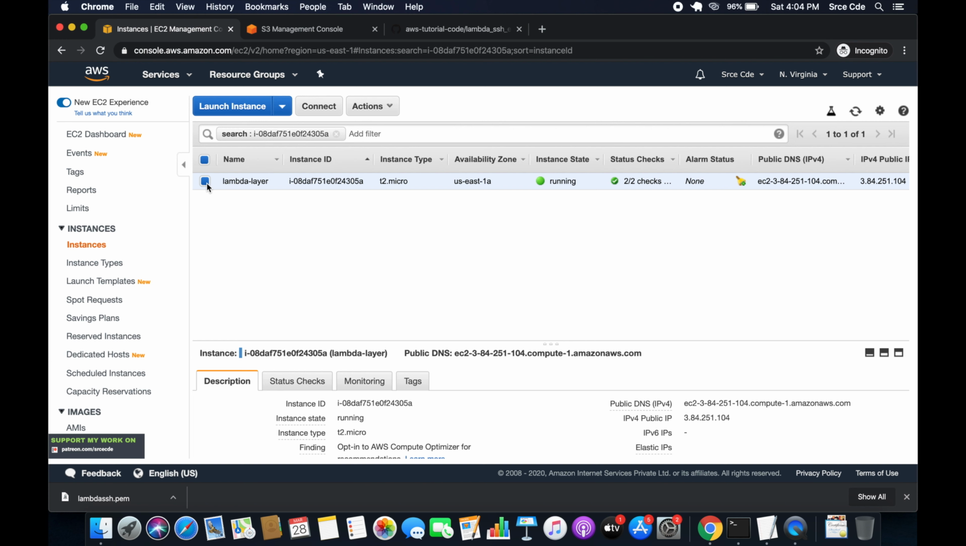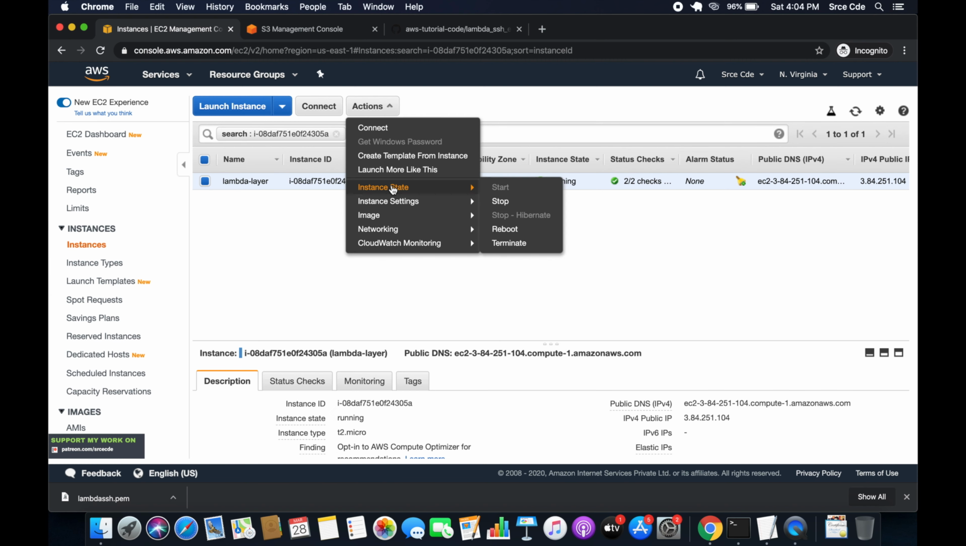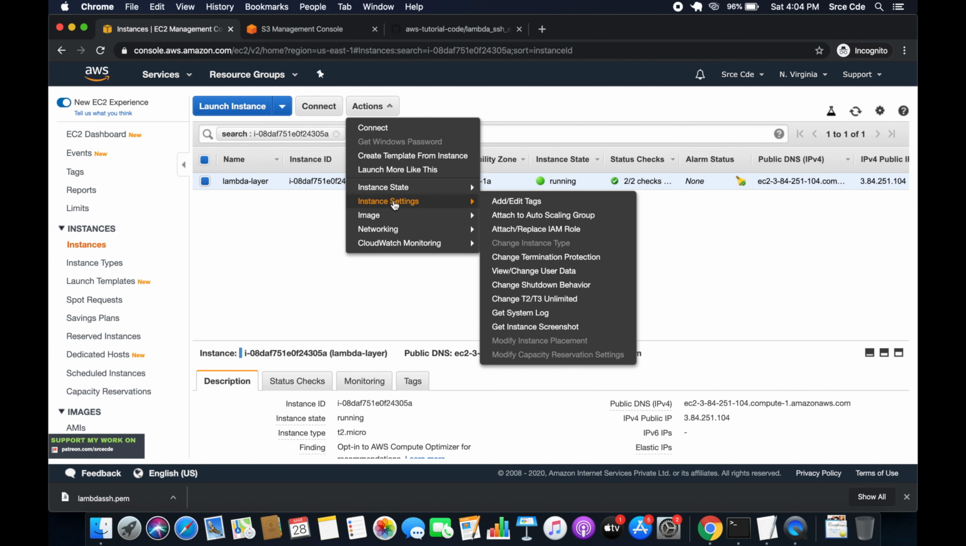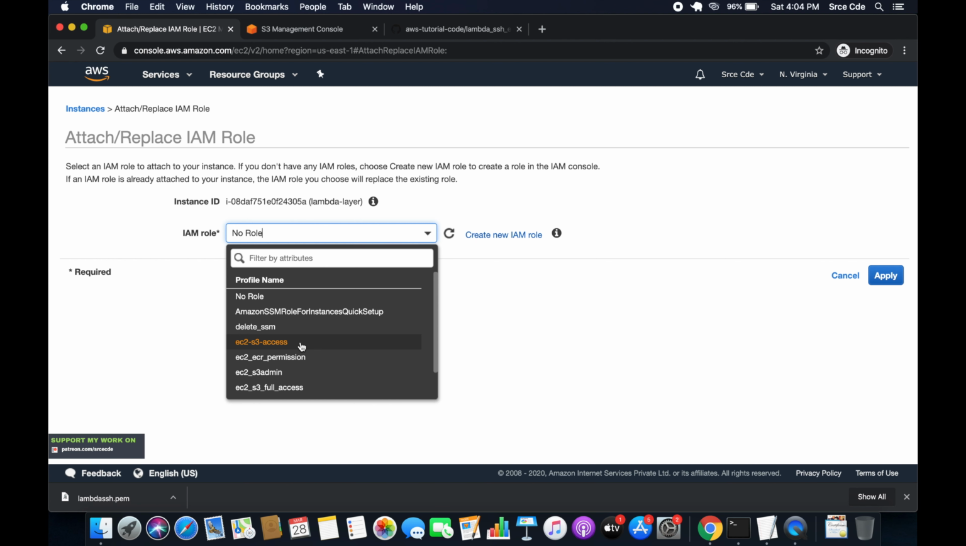So for that, you need to select the EC2 instance, click on actions, click on instance settings and say attach or replace IAM role. And I have this role saying EC2 S3 access. So I'm going to select this